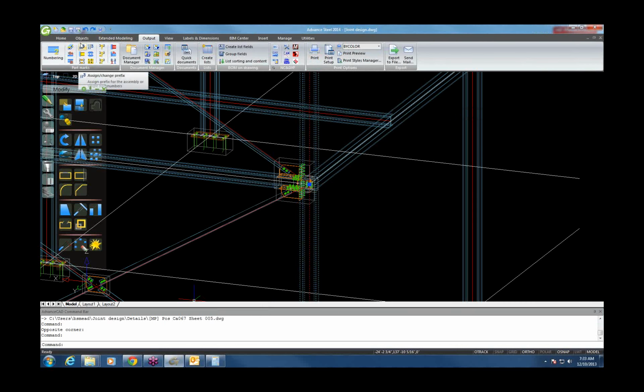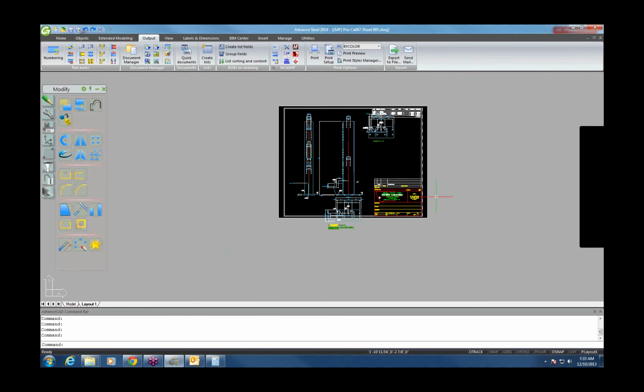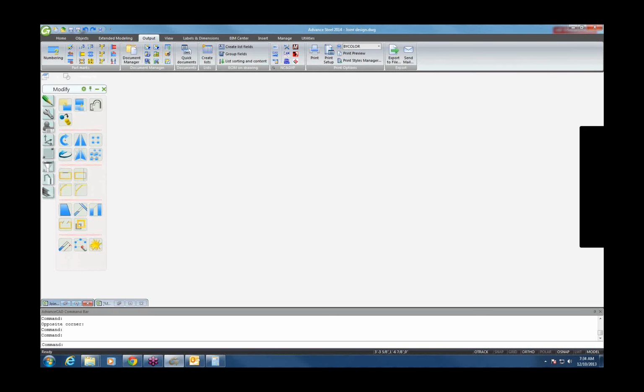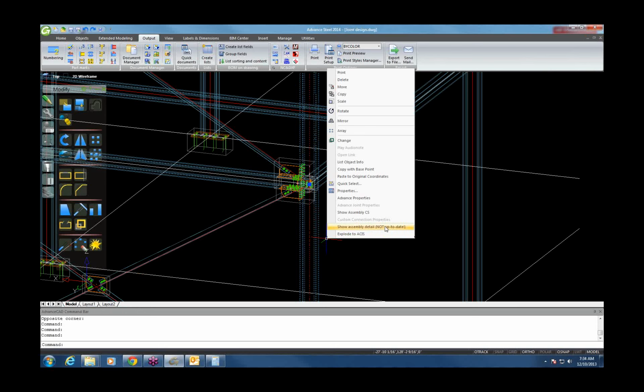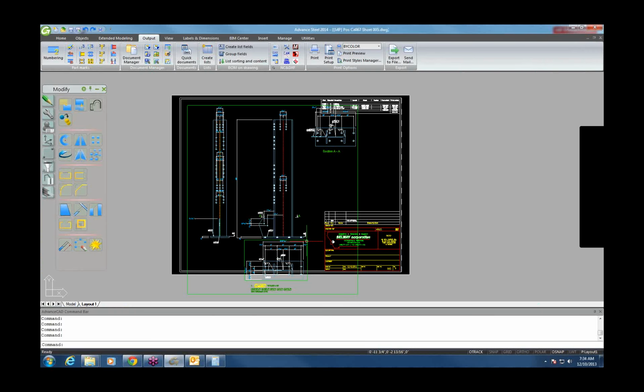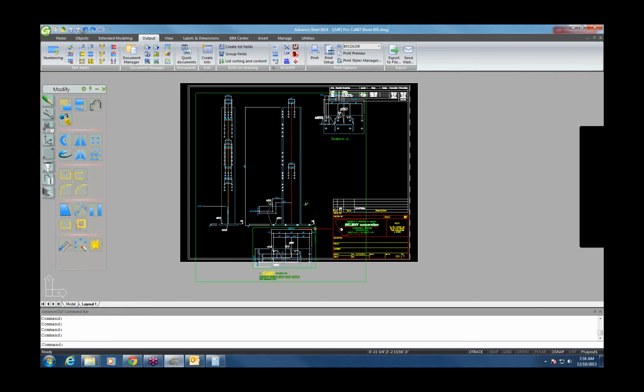This way it's working fine. It won't create any problems, but it just takes a lot of time. If you go through Documents Manager or just right click on the piece and show assembly detail, that will work. Oh, exactly, fair enough. Yeah. Now if you return. Okay, well that's great. That's making a lot of sense. But I see when you zoom in. If you zoom in,